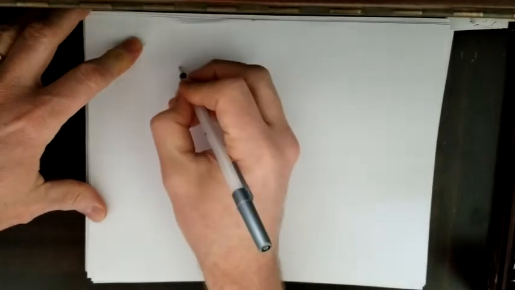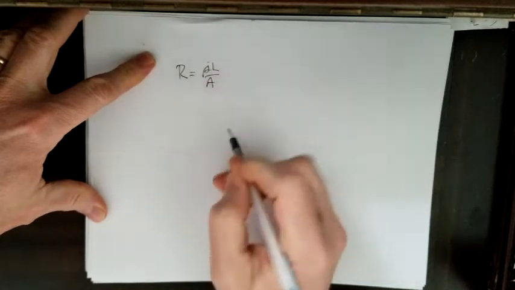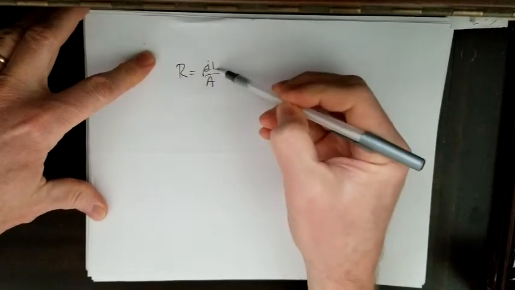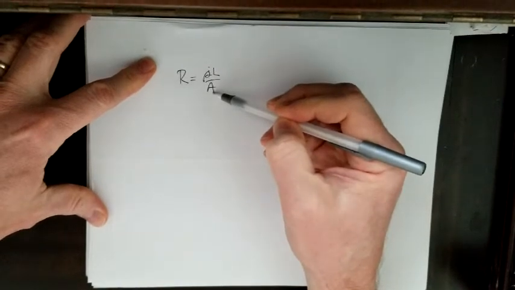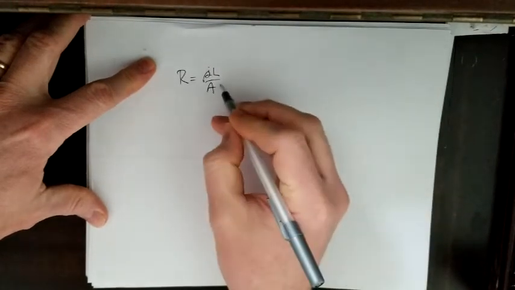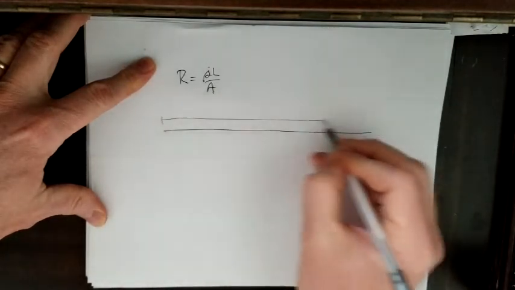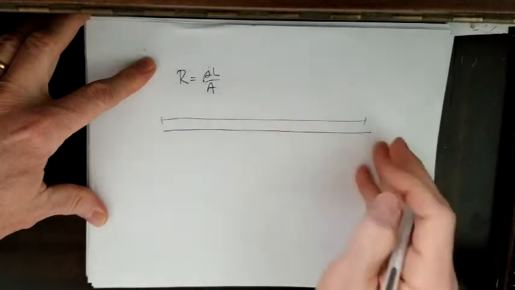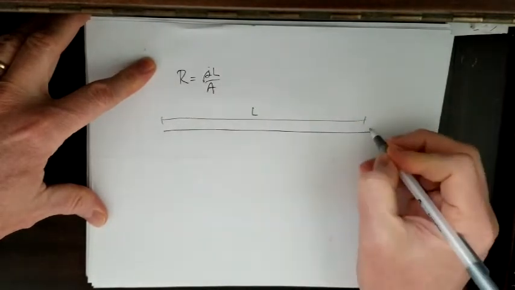So if we wanted to look at adding resistors, think about that. Resistance is equal to rho L over A. It's dependent upon the material, the length of the material, and the cross-sectional area of the wire. So if I have a really long wire here, we'll pretend that's really long, a wire of some length and some cross-sectional area here,